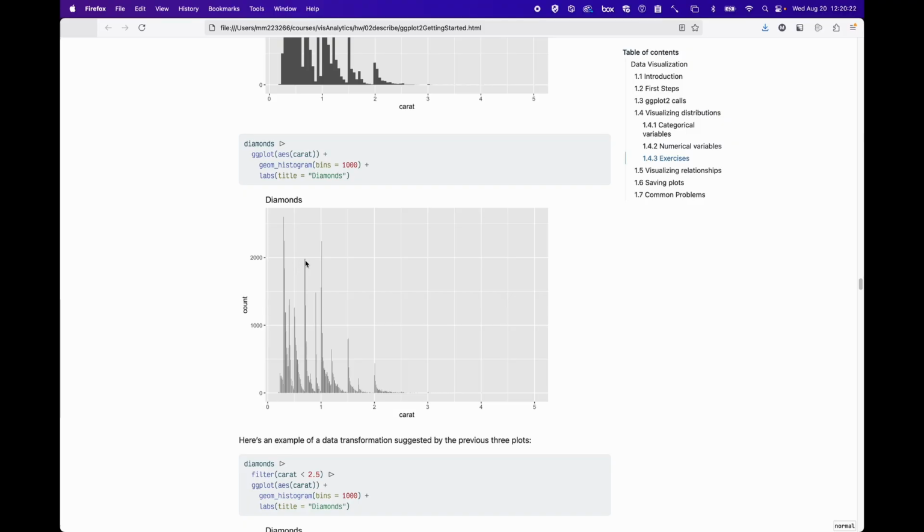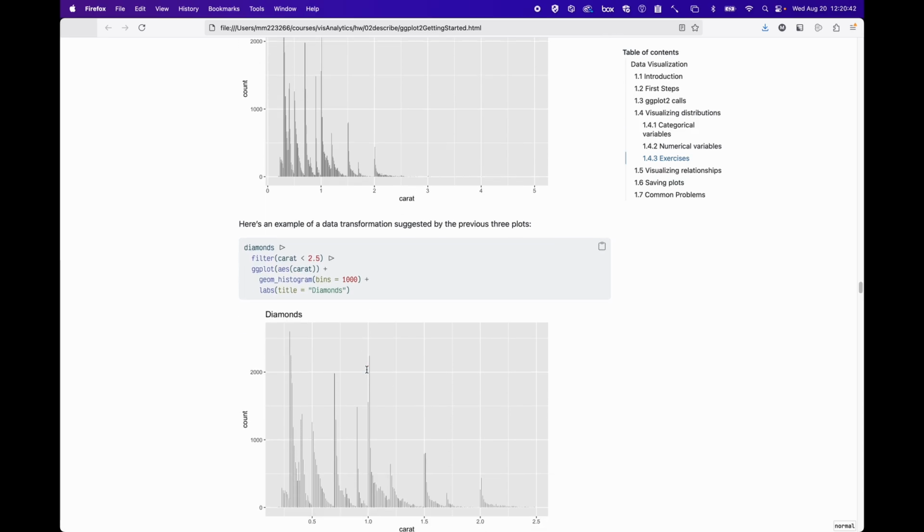What is this? A 2/3 or 3/4 carat, a single carat. The 1 carat diamond is a popular item, and we go with exponential decay until the next plateau where a lot of diamonds are sold. Okay, and then